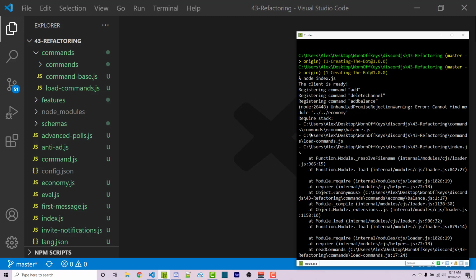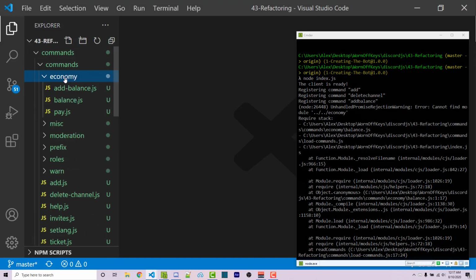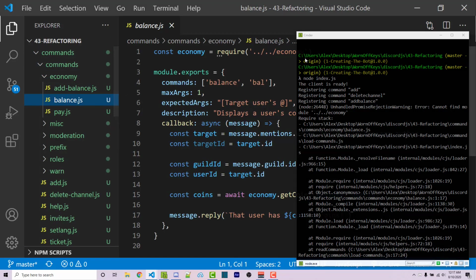economy. And this is coming from commands economy balance.js. So here we have our commands economy balance.js. And so this is trying to look for 2 directories back for the economy file when it's now 3 directories back. So we're going to have a lot of errors like this, and I'm not going to go through and manually fix them when it comes to relative paths like this. We're actually going to use a new project, or a new package rather, that is going to help us improve